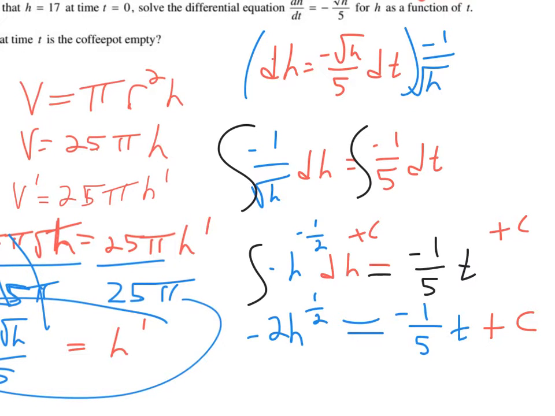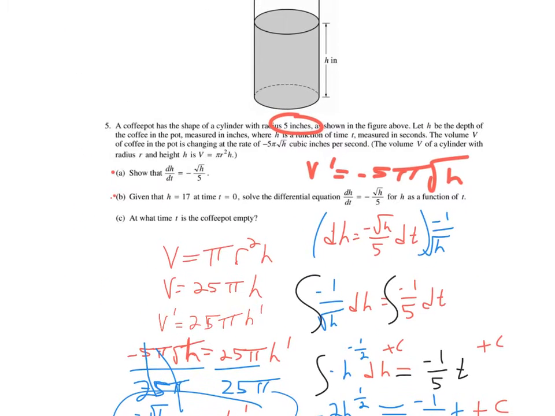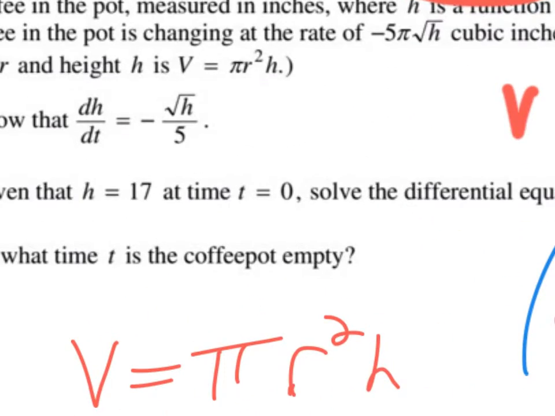Because if you add or subtract constants, if they're different constants that we get from integration, it doesn't matter, because when you combine them, it's just going to be another arbitrary constant. So I forgot that extra little piece. It's going to be important in finishing this out, because now we can plug in and find out what that constant c is, because it has to be a specific constant c so that it meets this condition, h equals 17,